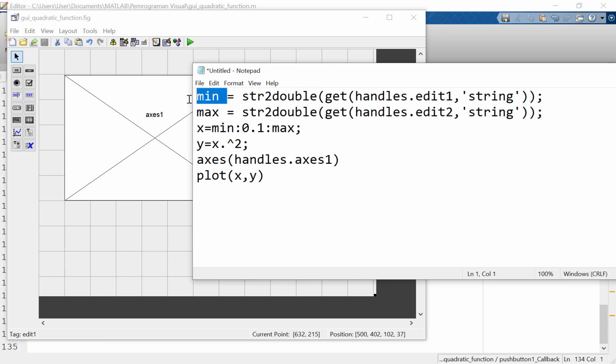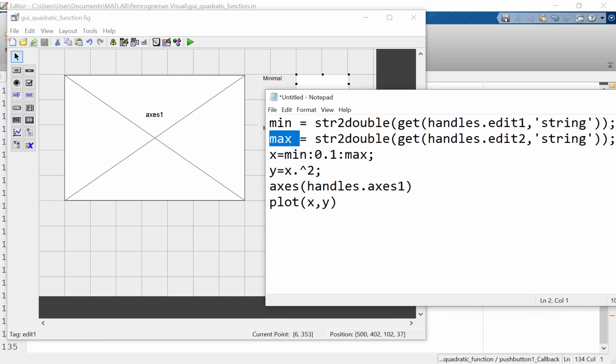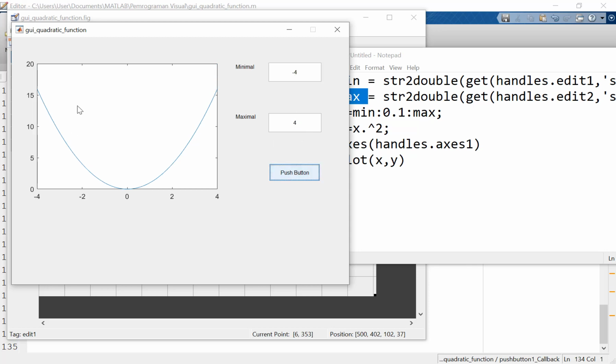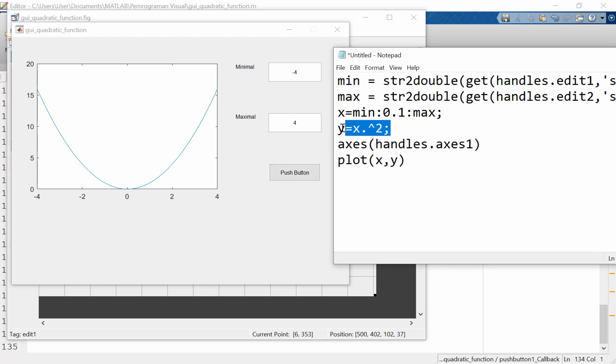It is for the minimal value and also the maximal value. We can change the value to be -4 until 4, and we can get the new quadratic function here.